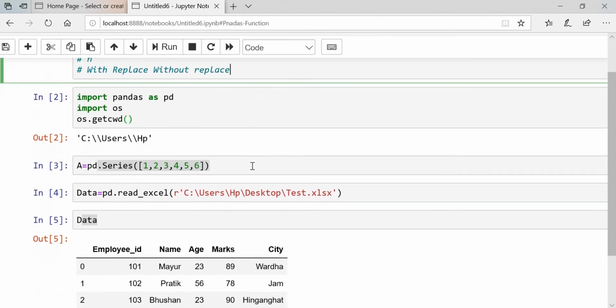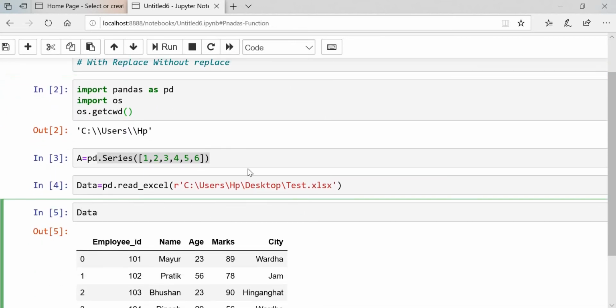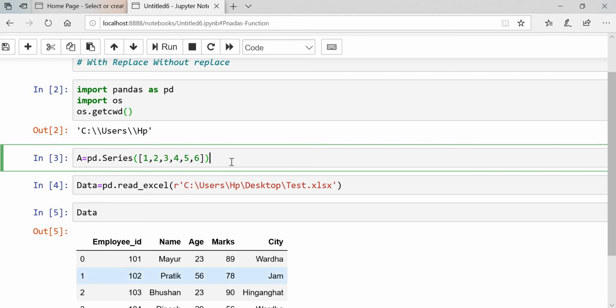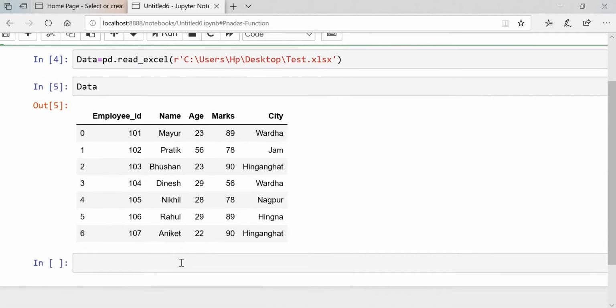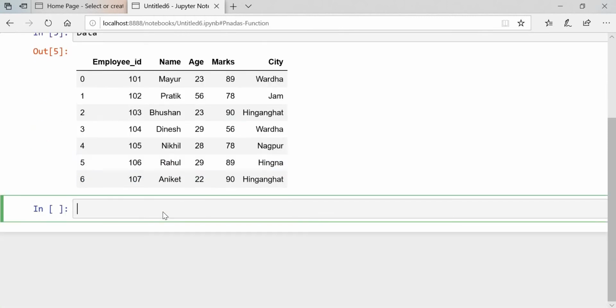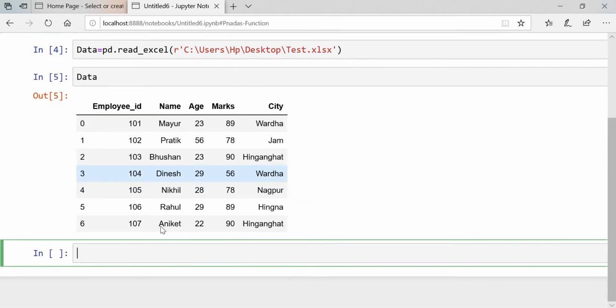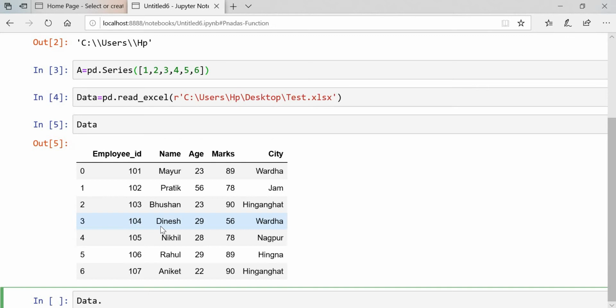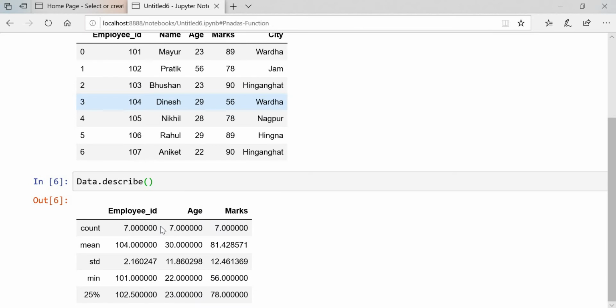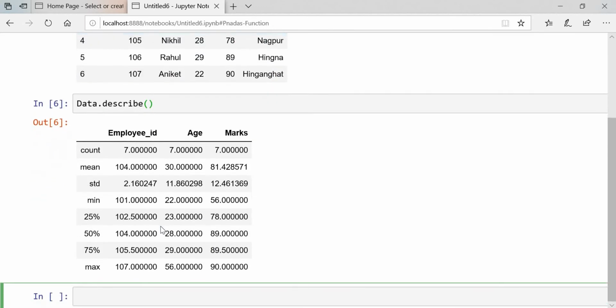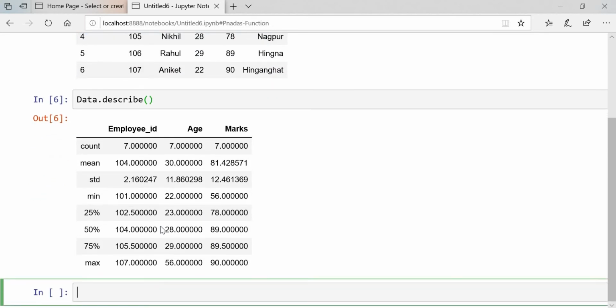I have already imported the package and I have called my data. Then I have made one series as well. First of all, we will see the describe function, how this will work in the data frame. Simply we have to call describe and you will get the statistic information about your data. What is statistic information? That means count, mean, standard deviation, minimum, 25%.